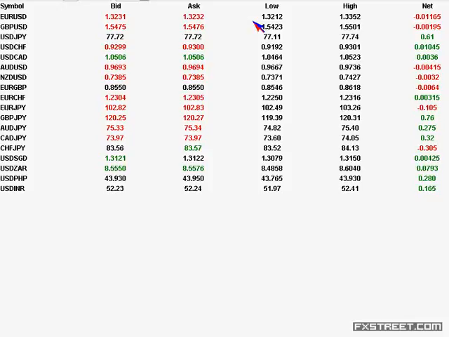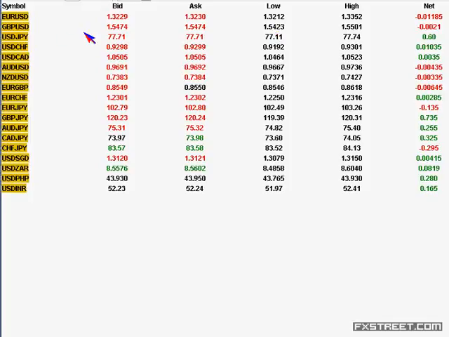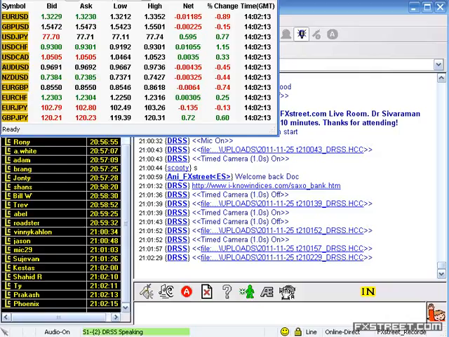Currently, Euro is trading around 1.3231, and 1.3212 is the low. The high is not disturbed. Similarly, in the case of GBP, 1.5423 is the low, currently trading around 1.5474, and USD-Yen has gone up, and also USD CHF has gone up, and USD CAD and Australian dollar are making subdued moves. So we will just compare these levels to the Asian session initial lows and the